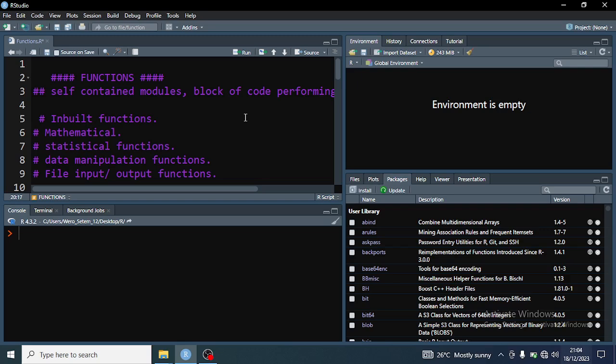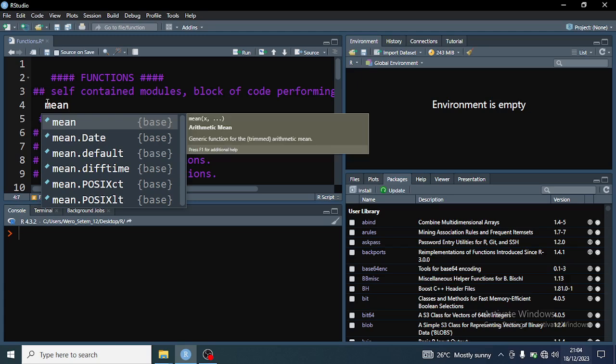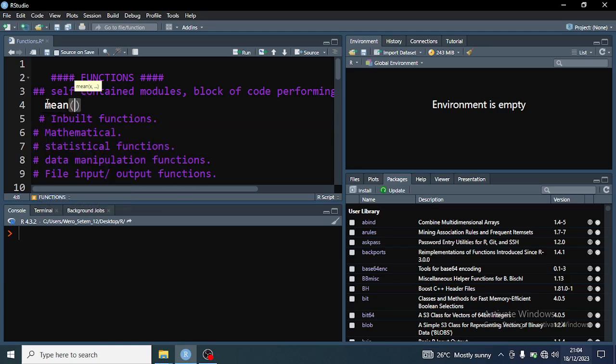So what are functions? Functions are self-contained blocks of code that perform specific tasks. So you call a function, then you define the arguments, then it performs certain tasks. For example, there's a function called mean. This is a statistical function, and the mean performs the arithmetic mean, that is the summation of a vector divided